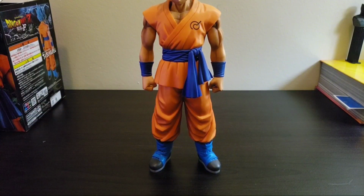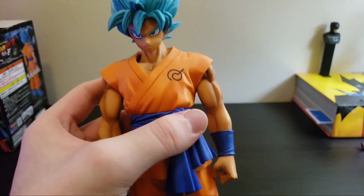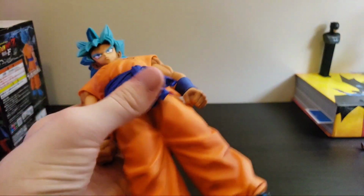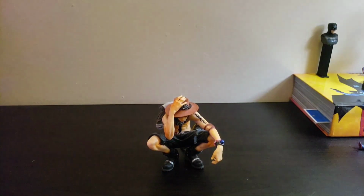Hold on, the camera kind of sucks. Yeah, he just kind of stands like that, but it's fine. I love the amount of detail in this as well. The hair looks great. I remember dropping this on my feet several times, and it did a lot of damage. But Dragon Ball can move aside because it's time for